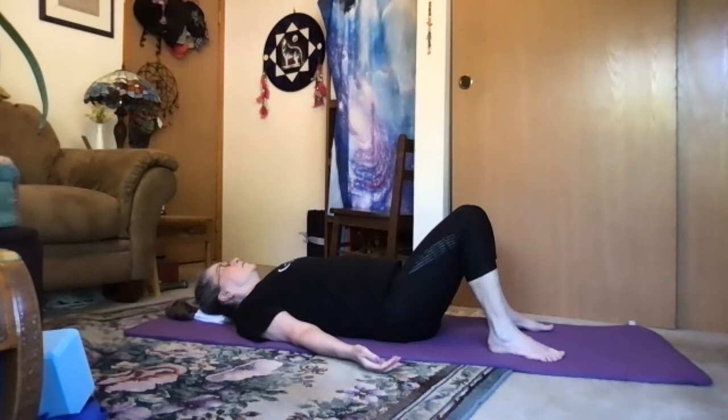right wrist, elbow, shoulder, center of your throat, left shoulder, elbow, wrist, left thumb, second finger, third finger, fourth finger, fifth finger, left wrist, elbow, shoulder, center of your throat, spiritual heart center, right side of your chest, heart center, left side of your chest, heart